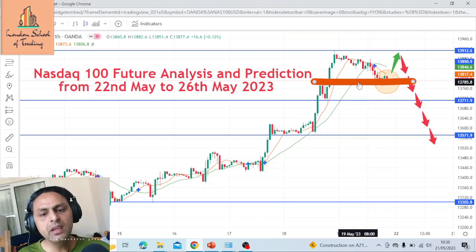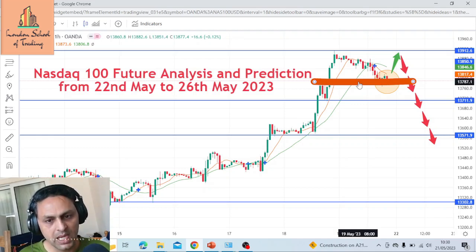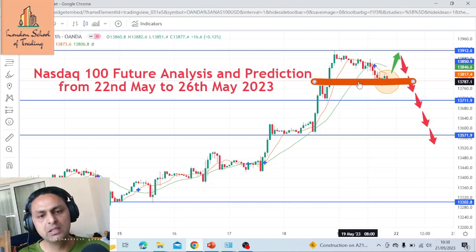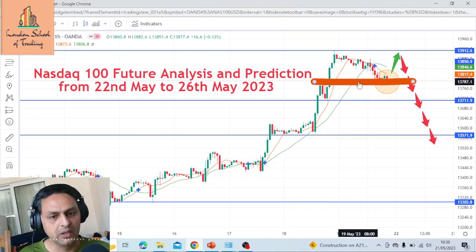So this week we have to focus on three major things. It's gonna be highly volatile for this week because important news we're gonna see this week. Because of that, it's gonna be very volatile. Just be careful about your trade size, put your stop loss and then trade, okay? So this week, three major things.